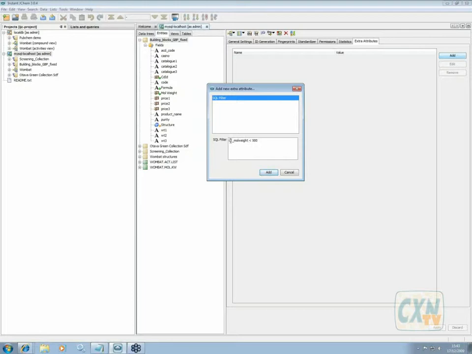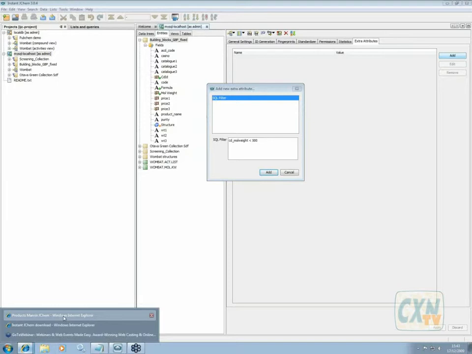A filter like this would be nonsense to actually use, but what it would do is append an additional where clause to all select statements hitting this table. As a result, you'd only see compounds with a molecular weight of less than 500. Of course, that's a pretty daft example. In reality, you would have to work out the custom SQL you need to restrict access for your particular users according to the particular project they are